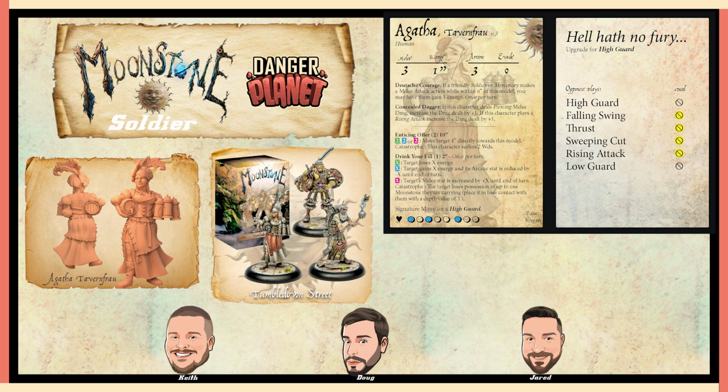Also, if this character plays a rising attack, increase the damage dealt by 1. I'm assuming her rising attack is kicking someone in the nuts. That's what I envisioned. I know it's a concealed dagger, but when I think of rising attack and Agatha as a barmaid and being like the bad bitch she is, I can only imagine that a rising attack has to be some sort of rise into their nuts. I would also like to call out that she and Fritz have my favorite story-themed mission,